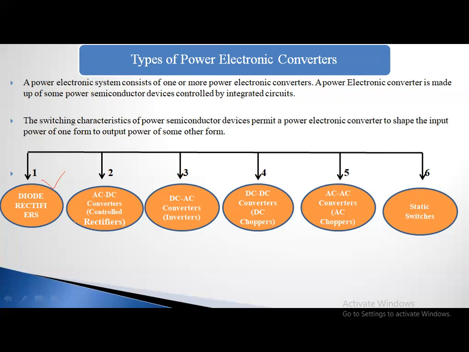Because of different applications. For example, in this classroom, please don't make noise. In this classroom, we are having the fan. Fan requires AC. Supply is also AC. Supply is AC, the fan also needs AC. Directly we can give AC supply to the fan, no problem. It can run. But can the speed be controlled? No. It will run at constant speed. Okay. If we require variable speed, then definitely we need to give variable voltage to that fan. Variable voltage has to be given. For that purpose we are using the regulator.